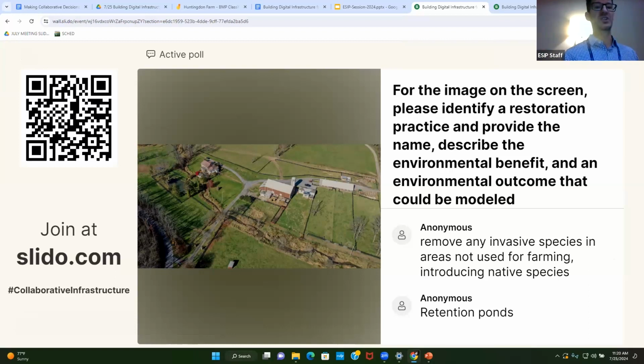But what is really challenging is the way that we talk and structure data around these different practices. It can be very challenging from a modeling perspective too, because as we build models for things like nutrient sediment load reduction or carbon, there are very specific assumptions that have to be in place when we're trying to compute what those environmental outcomes would be.